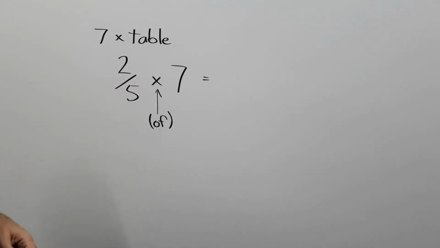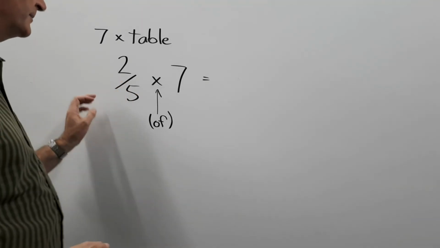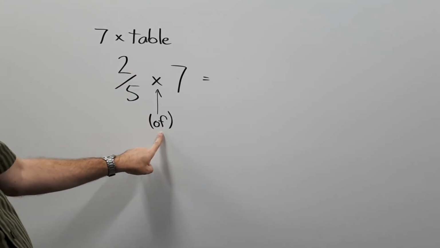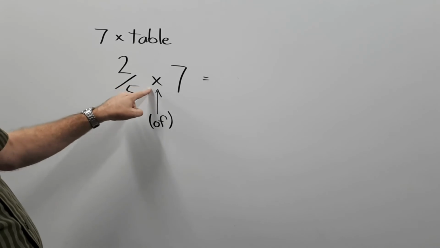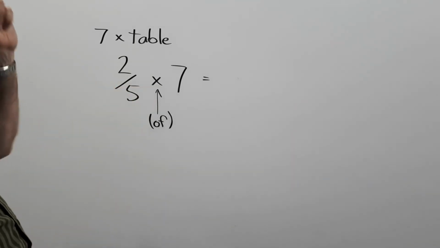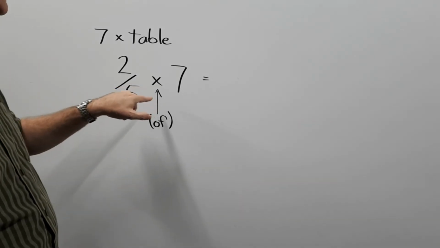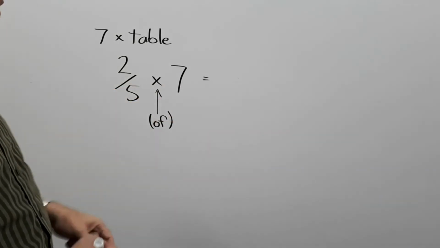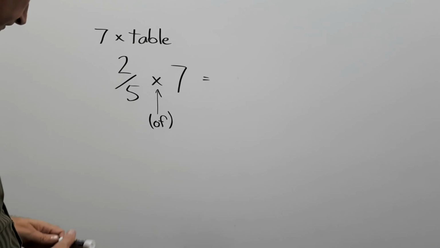So what we're doing here is just saying, well, 2/5 of 7, and I've put a little "of" there to remind us that the times symbol can mean "of". So what this means is that the number that we end up with is going to be less than 7, even though we're multiplying by 7. Okay, so